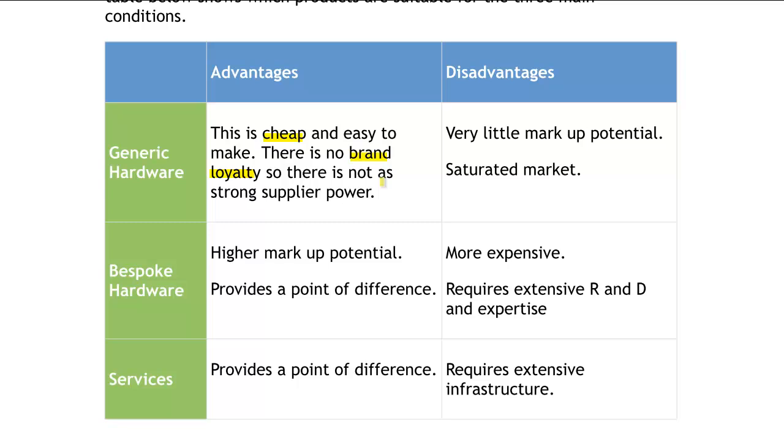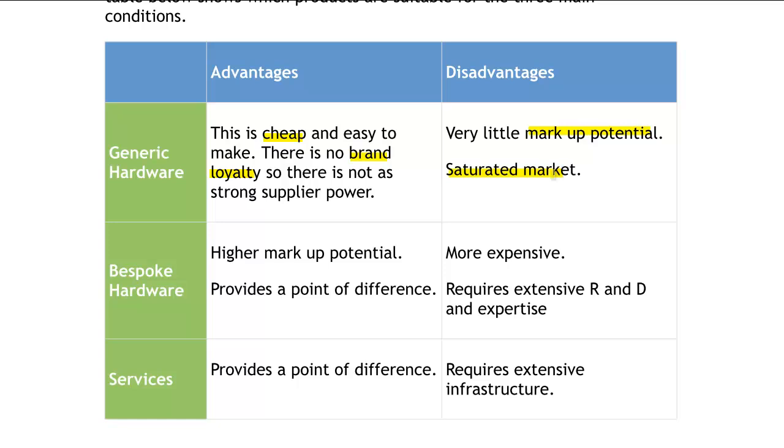And this means that you as a reseller have a strong buyer power and they have a weak supplier power. So you have a lot more power to negotiate the price of the parts that you're buying or the hardware that you're buying. However, because of this, there's not much to differentiate you between your other competitors. So just as your suppliers had poor supplier power, you yourself have poor supplier power. And this means that there's very little markup potential, and it also means that there's a very saturated market because it doesn't really take much expertise or knowledge to get into this business. It's a very easy access industry.